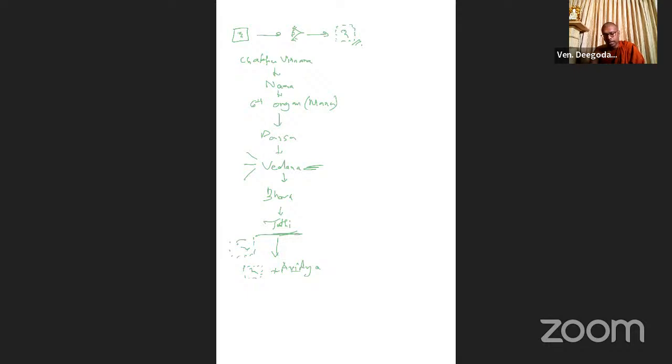We knew the reason for Chakku Vijnana is the collision of the eye and the image, and we know the reason for Nama is the Chakku Vijnana, and the reason for the sixth organ, or emanation of Mana, is Nama. Likewise, there's a sequence or a pattern that follows here. So when it comes to avidya,